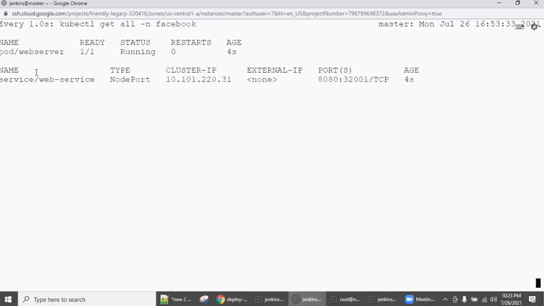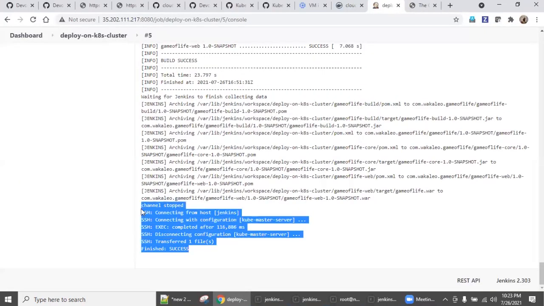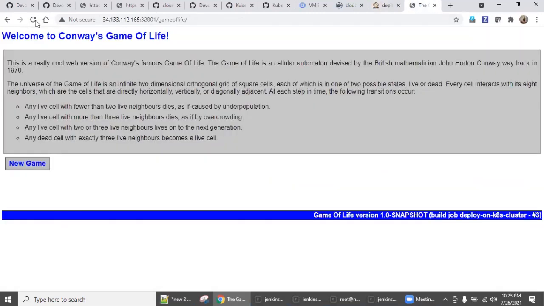Now see, the pod is running on 32001. So go back here, see it's got success, right? Go here, execute it, it will work. So 32001, the pod is exposed as a service on this port. So this is how you need to logically separate things, the more you separate, the more control you have.